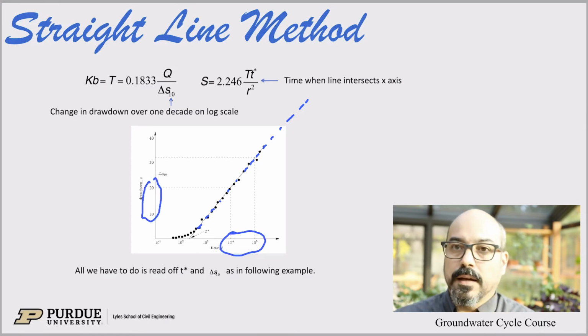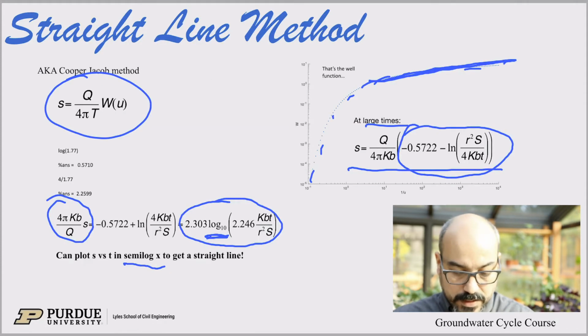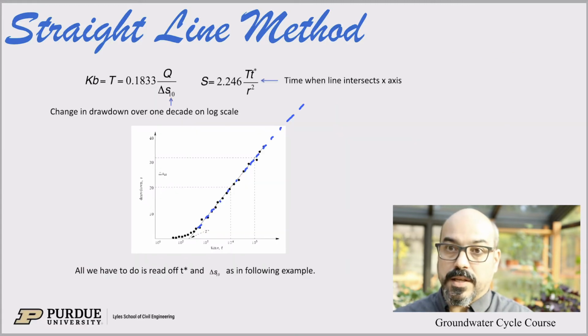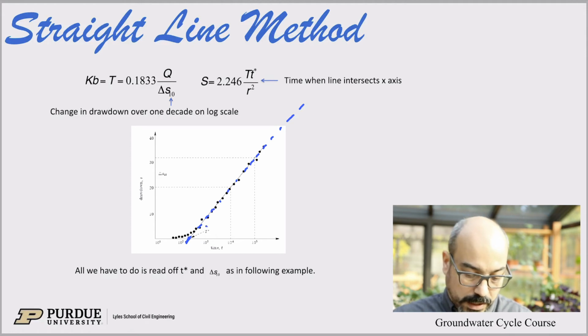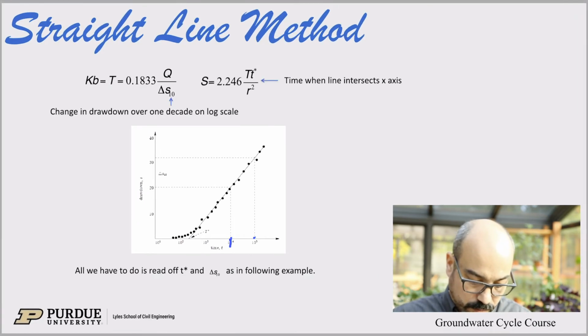Again, this is the exact same data as before, the last example of that Wells function, but plotted in log x only, not log y. And you can see that indeed we have a straight line, so then it becomes really easy to simply read the intercept here. So we draw that straight line right through the data, read the intercept on the time axis. So what time is the intercept? And we also want to read what we call delta S10, which is the